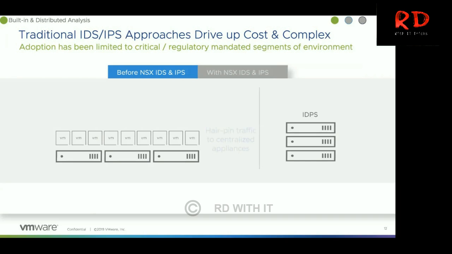And what you have to do is hairpin the traffic to those appliances. So you've got to send the traffic all the way out, typically to your physical default gateway. And then from there, we loop the traffic towards our IPS IDS, and then it comes back again. So this is a problem because not only does it eat up bandwidth in the network, it adds latency because